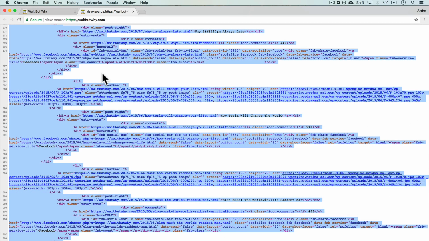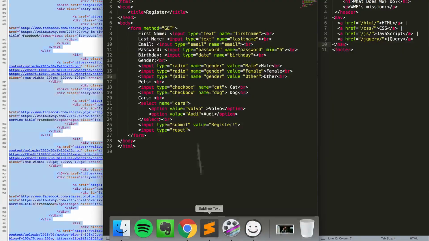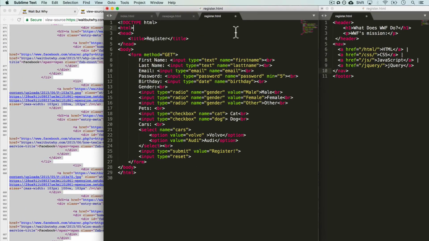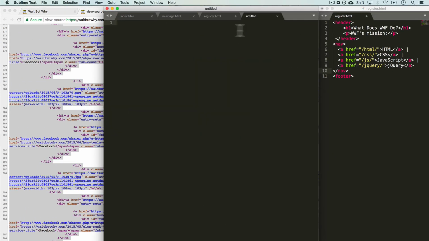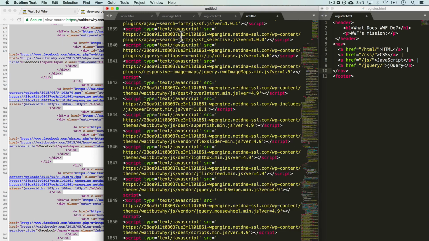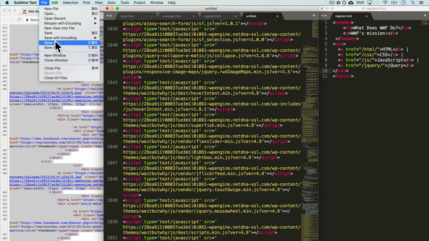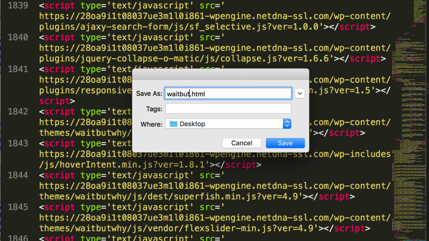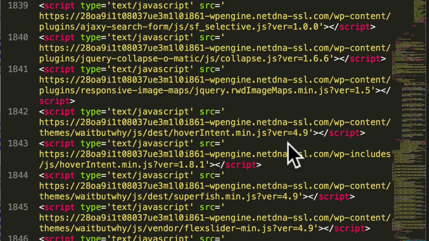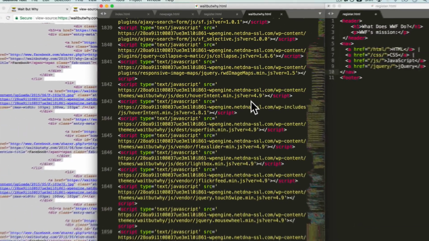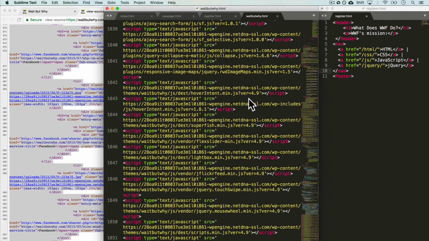And if I open up Sublime, there you go. Let's open up a new file over here and paste this. Ooh, that's a lot of stuff. I'm going to save. Let's save as, and we'll call it Wait But Why HTML. All right, save it. And now if I go to my desktop